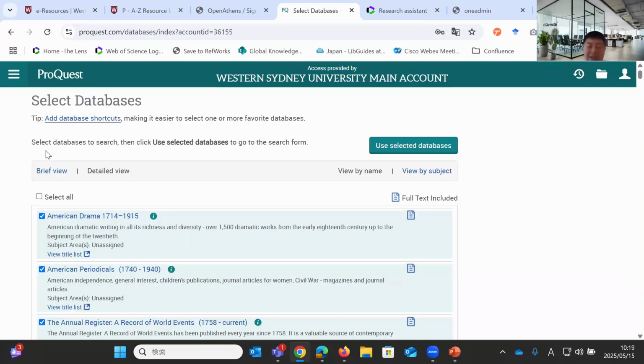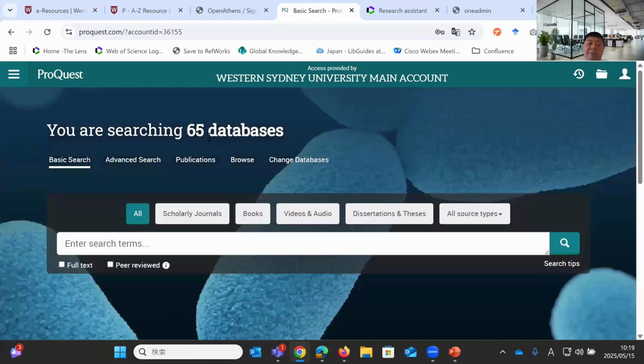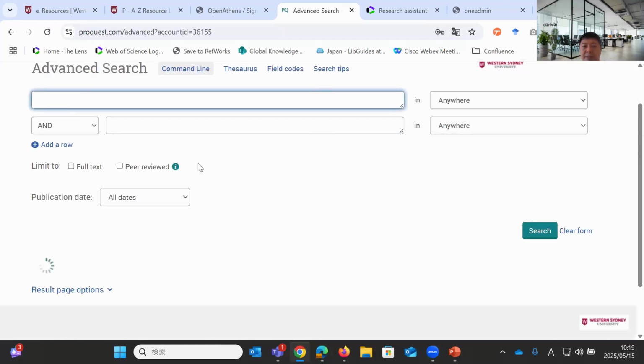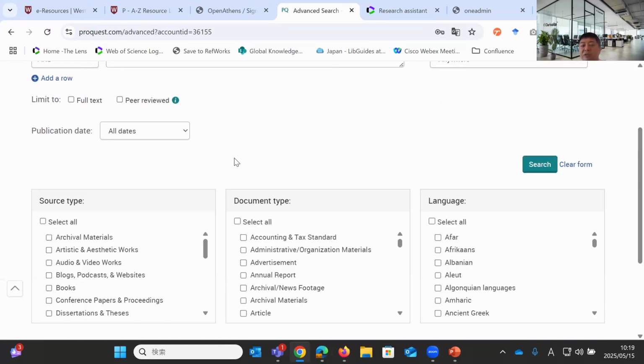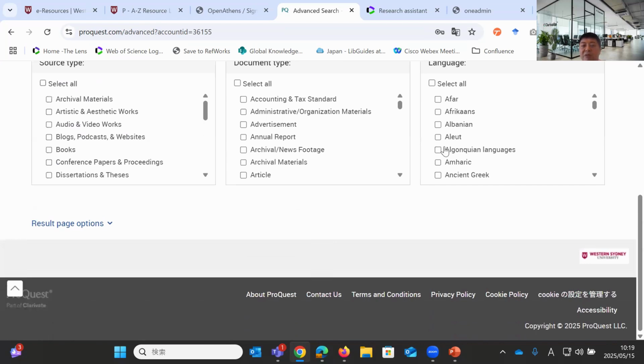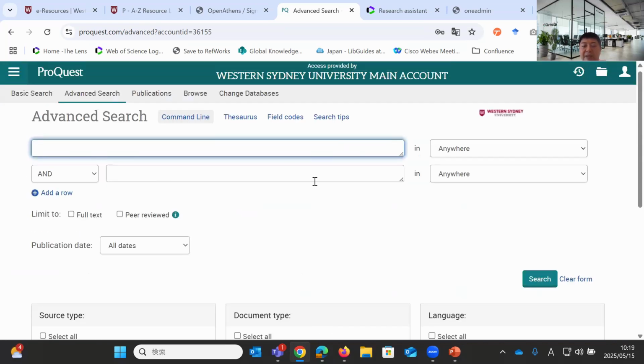So you can search everything. I think especially for undergrad students, in first, second, or third year perhaps, it's fine. But then you might want to be more specific and combine these databases. And it also makes sense to visit these databases individually. What I mean by that, let me just open an advanced search. So this is what it looks like. It cross-searches everything. You see source type, document type, language, some filters there, but it's generic, if I may say.